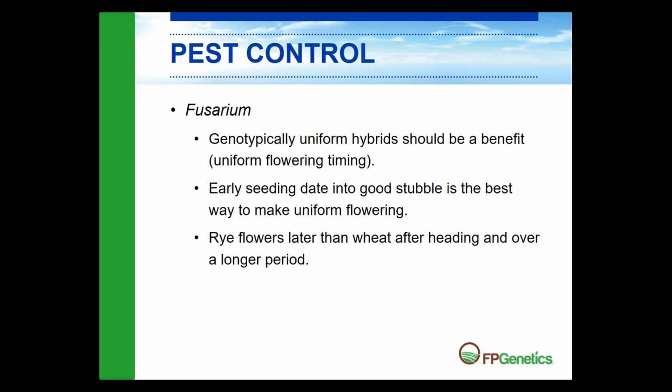So let's talk about Fusarium. That's a big one. Probably the second most questions that we get with the hybrid rye is what does it look like for Fusarium? What do we need to be worried about? When should we be scouting? All those wonderful things, of course, that we worry about when it comes to Fusarium and all our other crops out there. The great news with hybrid rye is in the last few years we've done fairly well as far as